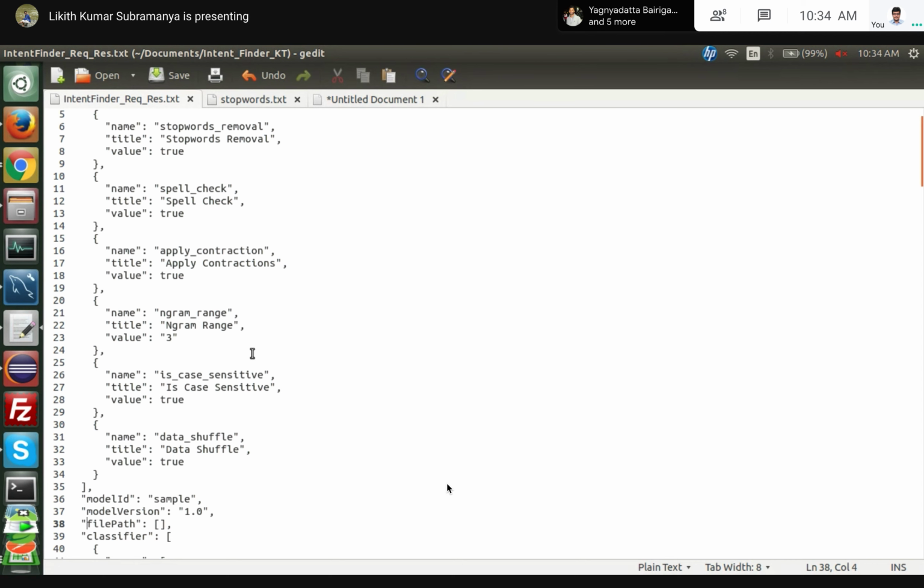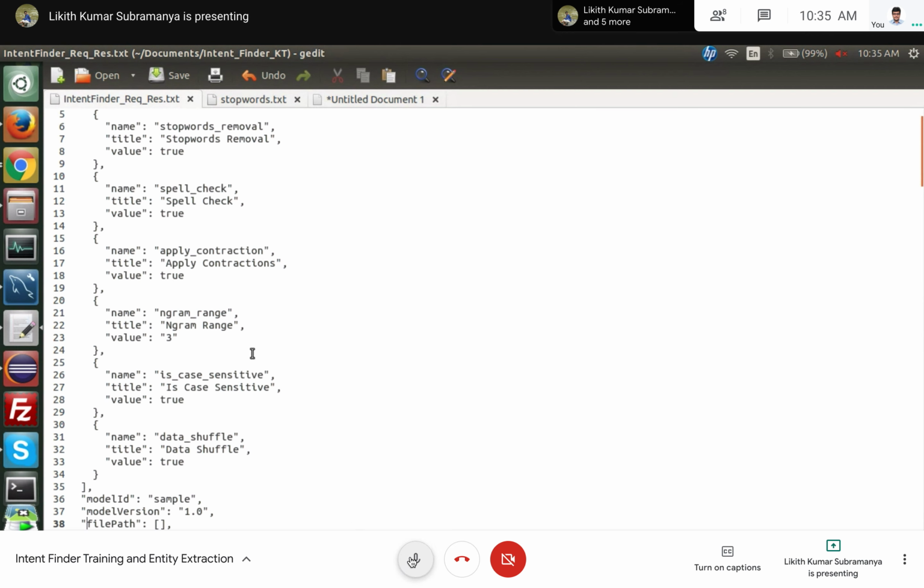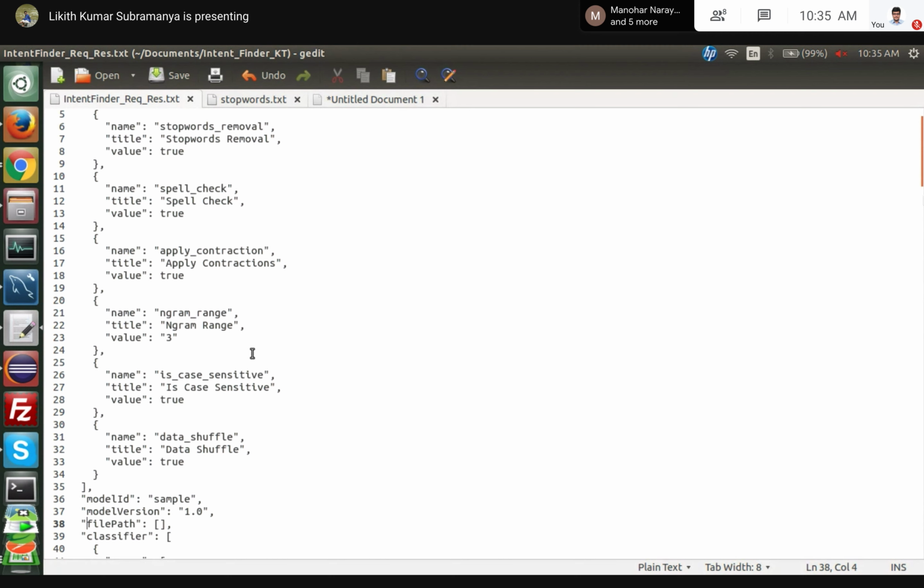In our case, for this banking context, we have taken data from some SBI chatbots and HDFC chatbots, collaborated everything, and prepared the data set. That's how we got the data. The data set depends on your intent, Manoj. If your intent is open account, then it will be the different ways you can tell it to open an account. That will be your data set here, and some of it will be used as part of the testing.